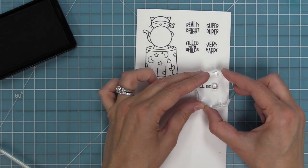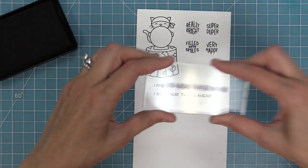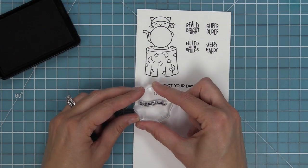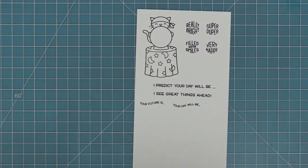So it says, I predict your day will be, and we have the ellipses to go after it. We have I see great things ahead, and then your future is ... or your day will be ...